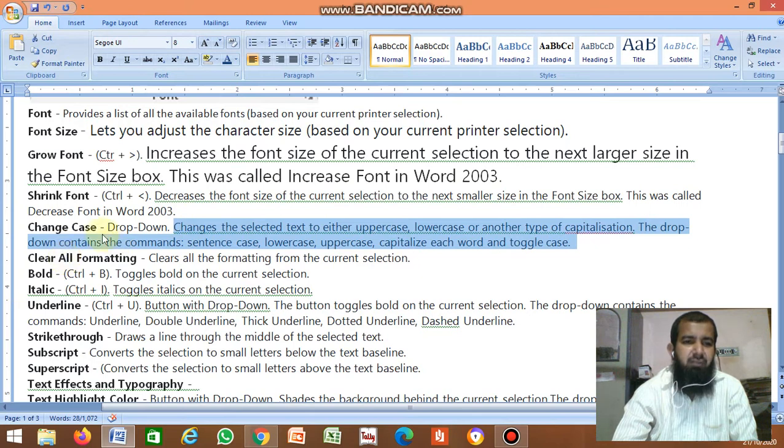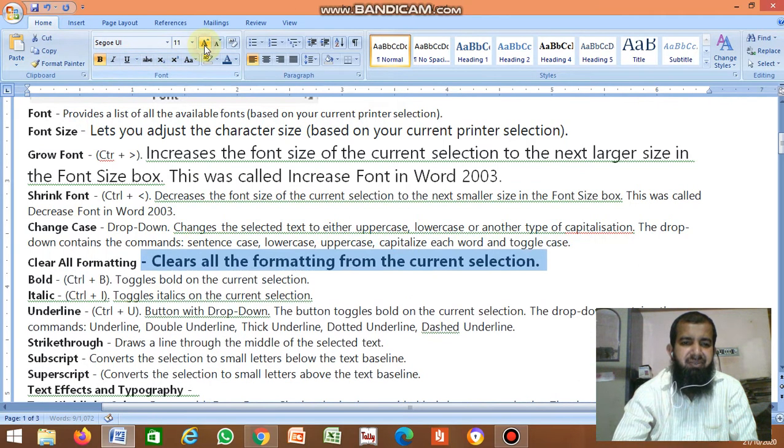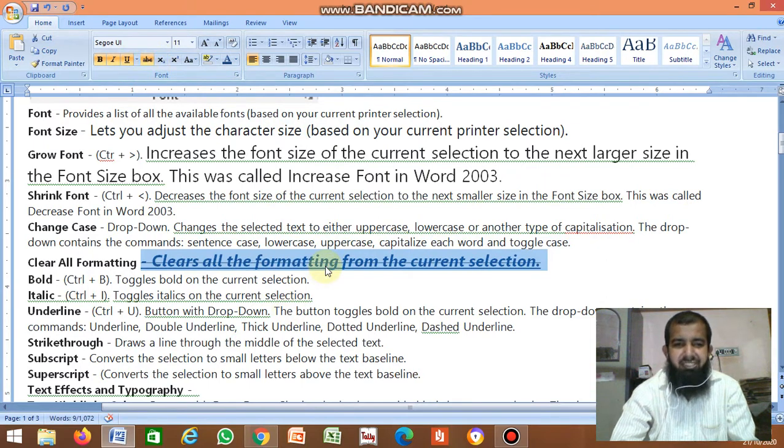Next, clear all formatting. Suppose I select the text, and clear all the formatting from the current selection. I make it bold, I increase the size, and I give some color. Some italic, underline, some strike through. These are all formatting: changing the color, increasing the size, changing the font color.